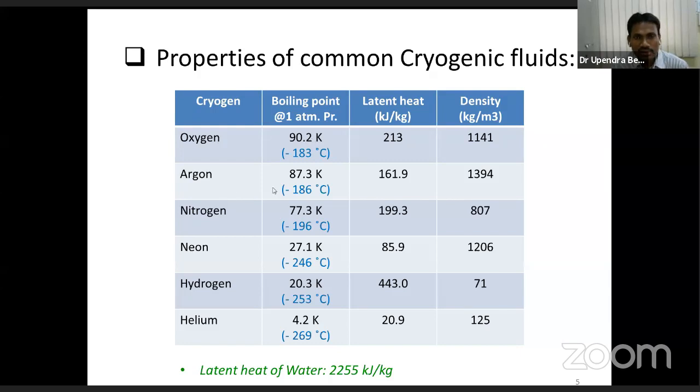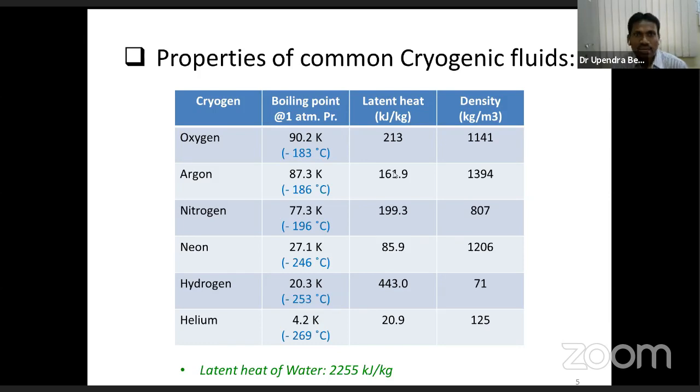And similarly, argon is 87.3, nitrogen is 77.3 Kelvin, neon is 27.1 Kelvin, and hydrogen, the boiling point is 20.3 Kelvin, helium is 4.2 Kelvin, and the numbers given in the bracket in blue color are the corresponding degree Celsius temperature. Okay, and I will emphasize latent heat of evaporation and the volume expansion ratio, including the density